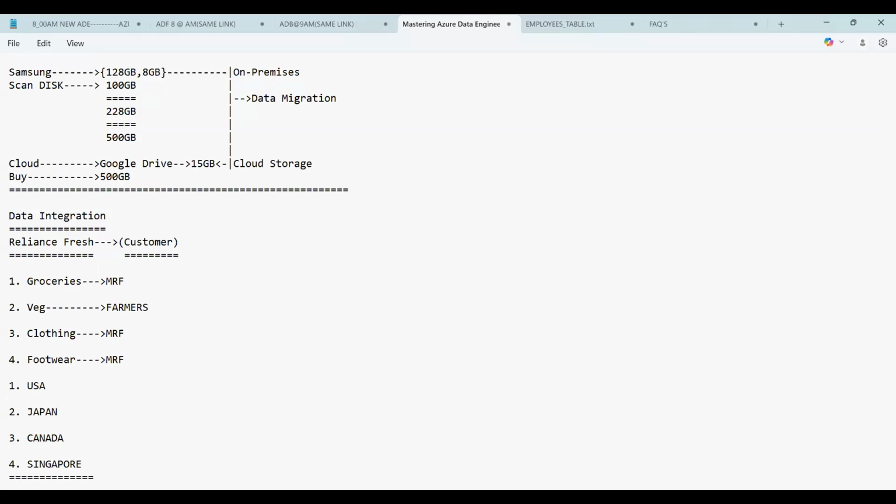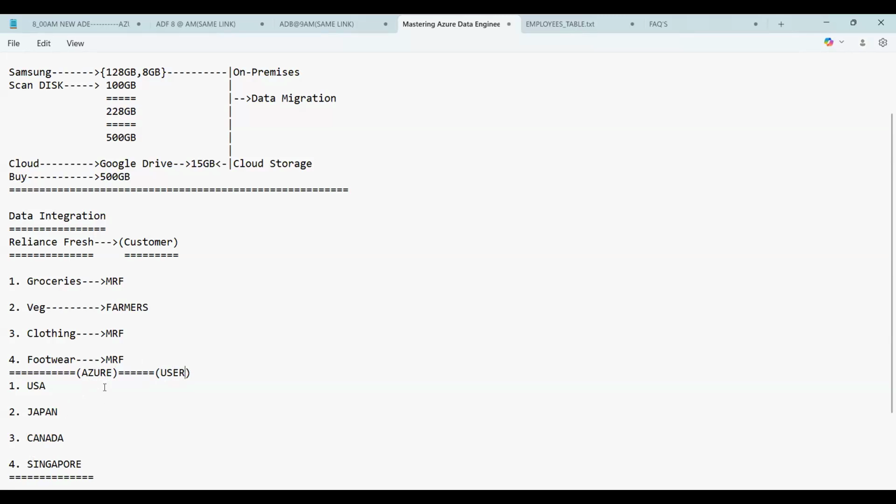Now here we don't say customer, the user is there, the data user. Whenever the data user requires the data, at one stop we are providing the data which is stored in the USA, Japan, Canada, and Singapore. So from all of them, who is associated? We are associated. Just like Azure: Azure is associated with the customer, the data is gathered under the Azure cloud, and we provide the user the data. Of course we charge the user, that is different.